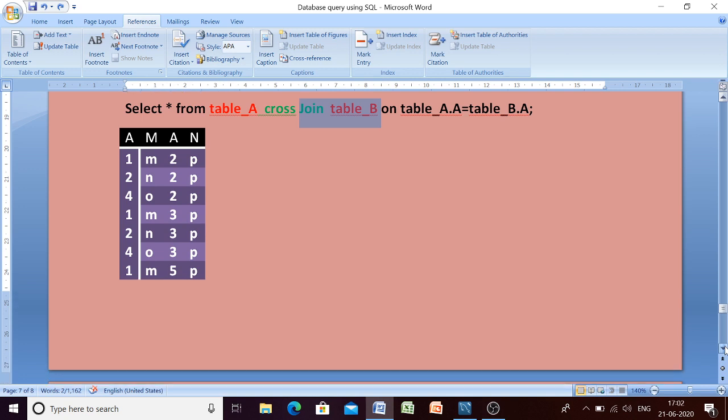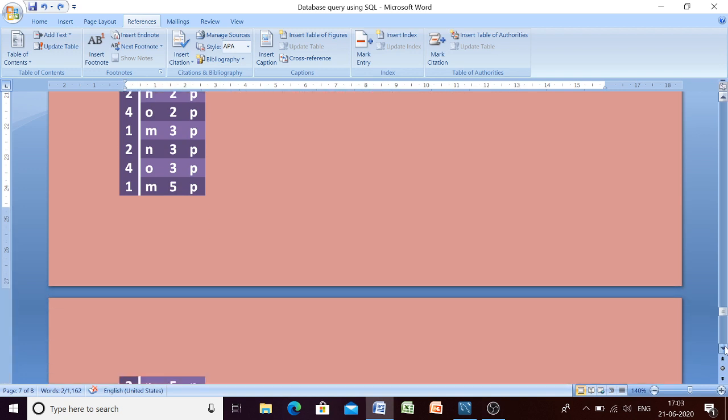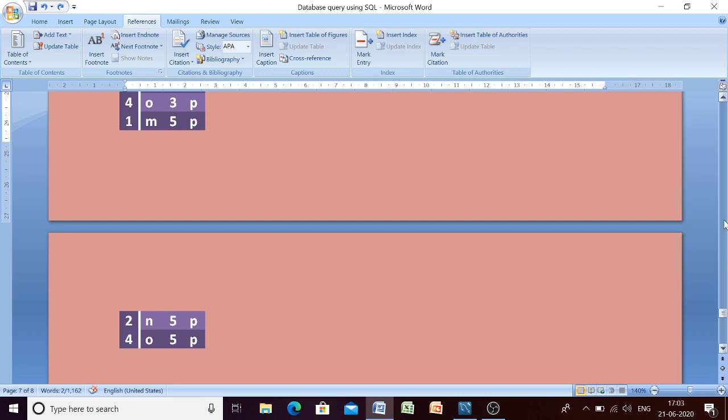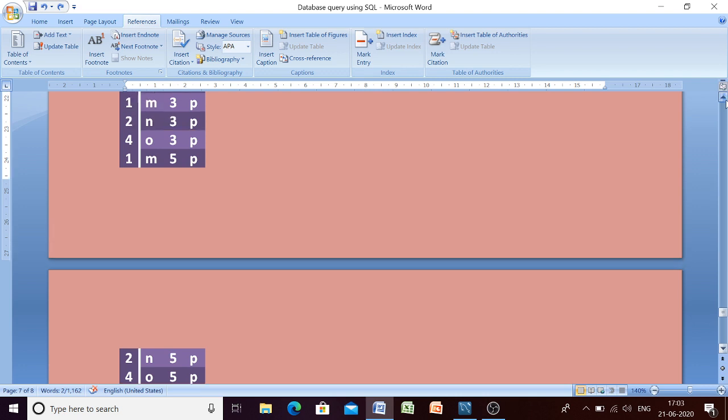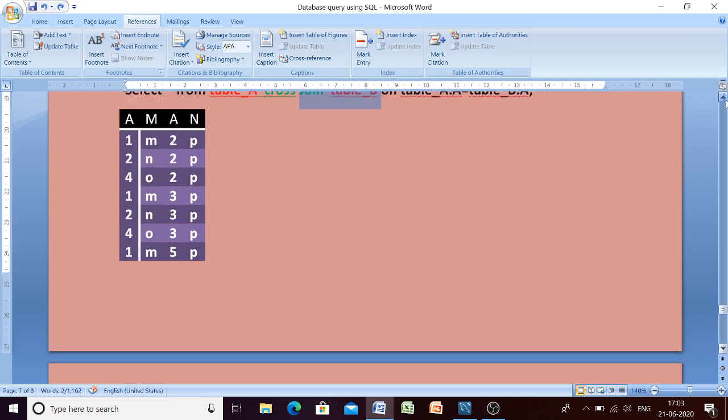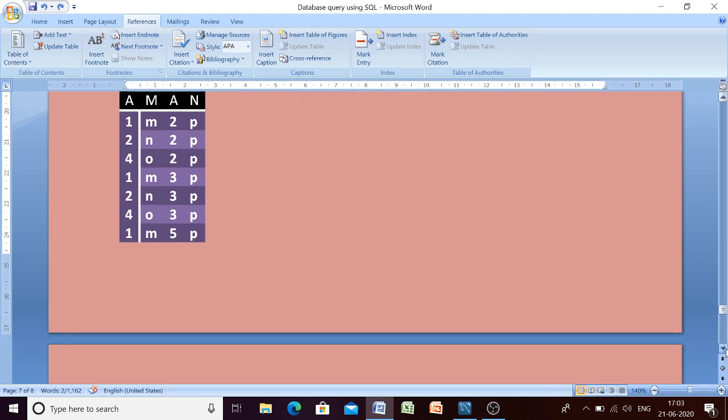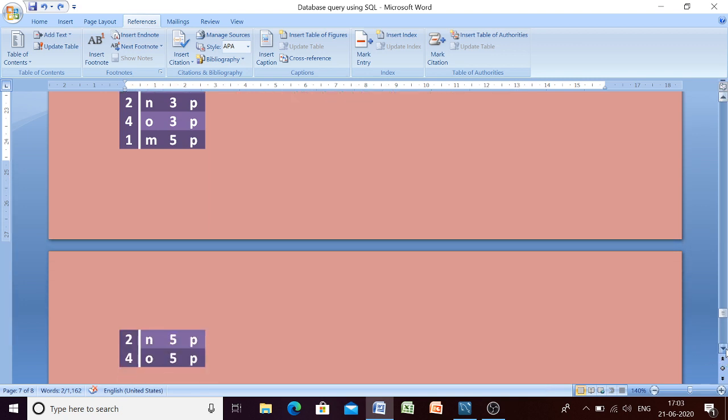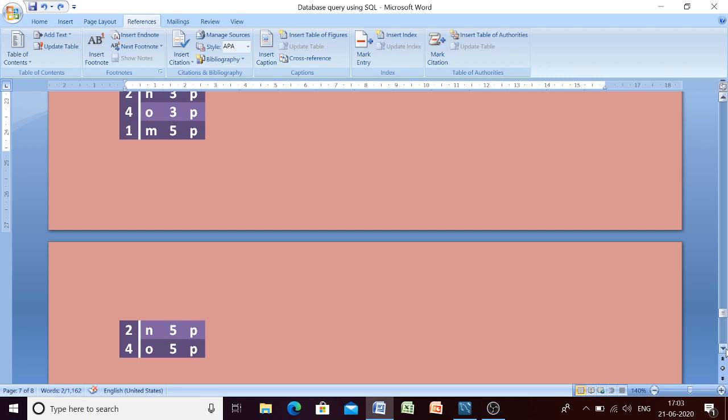So we will have 9 rows and 4 columns. See all the possible combinations: 1 to 4 is combined with 2, 1 to 4 is combined with 3, and again 1 to 4 is combined with 5. So this is known as Cartesian product.